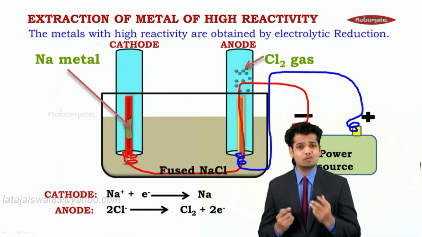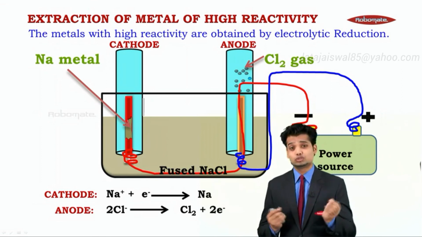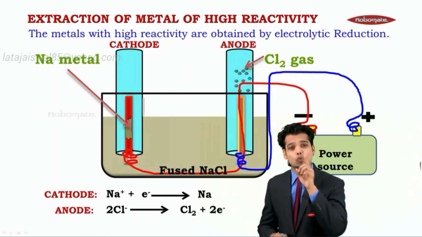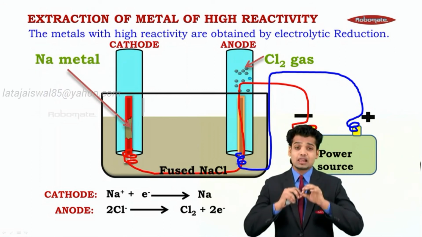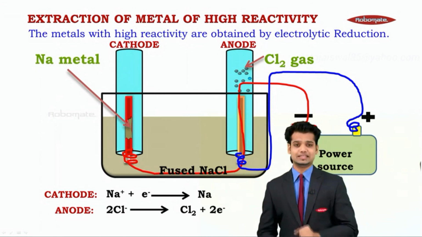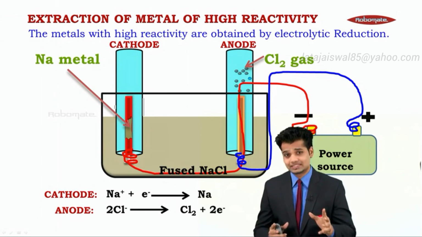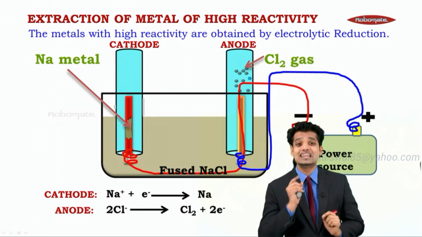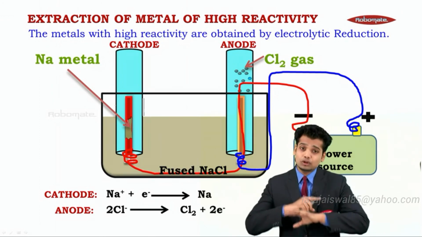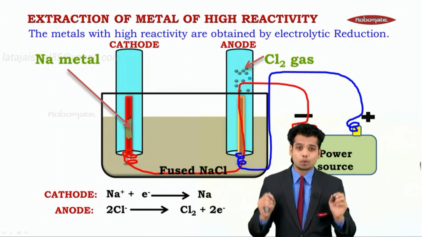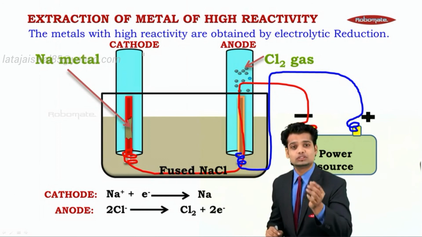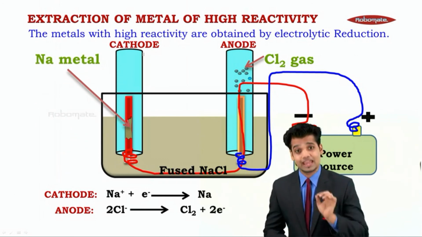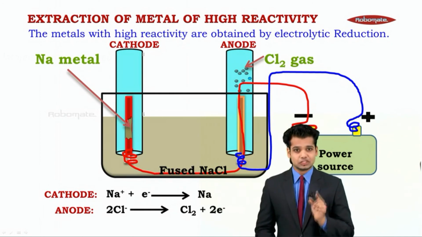How will we understand which electron goes to which Na? See, remember, in that fused NaCl, there is not one molecule of NaCl. There are like a million NaCls, and in that million NaCls, none of it matters. Why? Na has 11 electrons. Electrons in the world are the same. Provided it has 11 electrons, it is Na. If it has 10 electrons, it is not Na, it is Na+. So that is the difference.